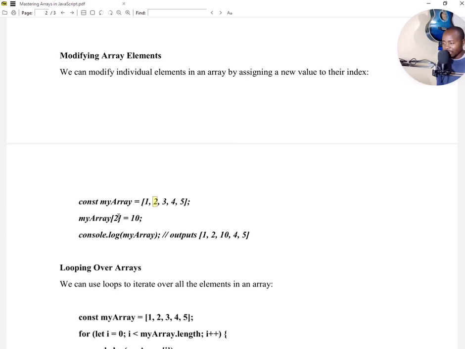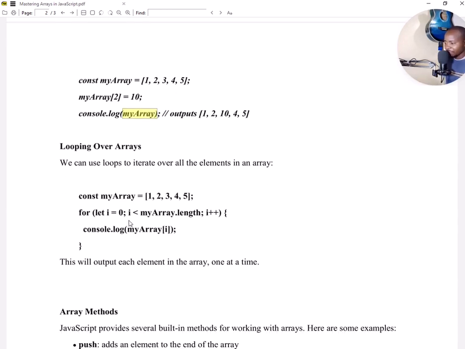So I'm going to write index 2, which contains 3, and assign 10 to it. So technically this 3 will be replaced by 10 when I output my array. This is how you output the array. The console will run through the array and display to you the elements that you have within your array. Okay,